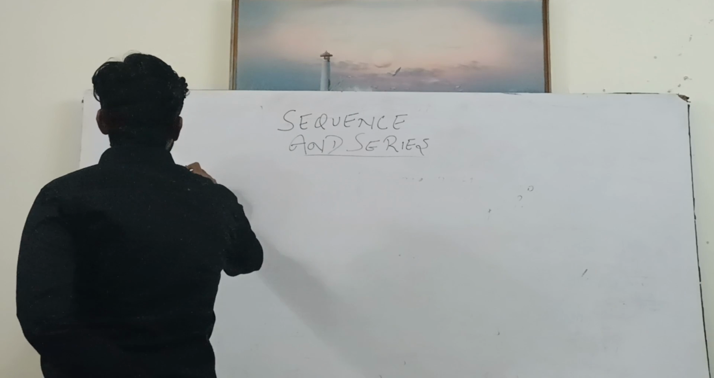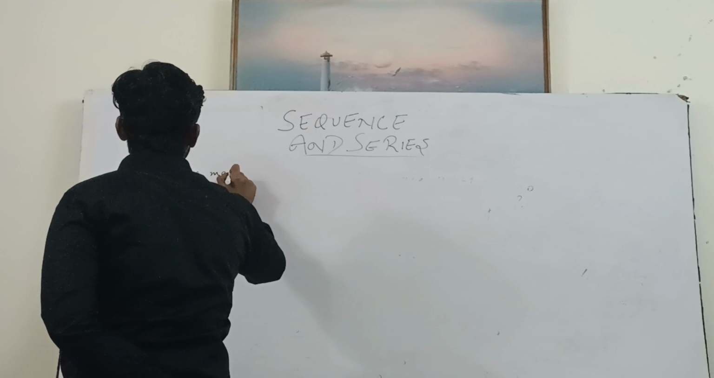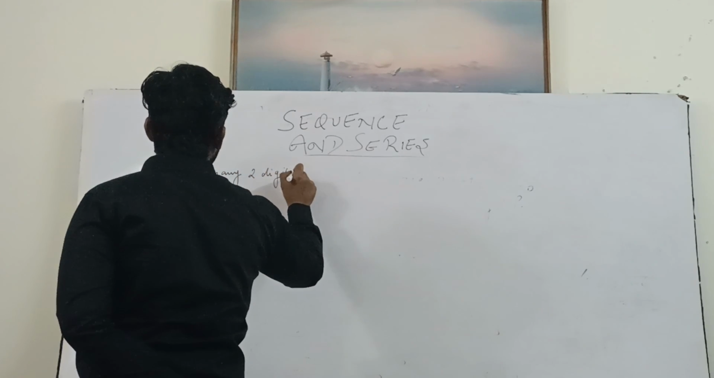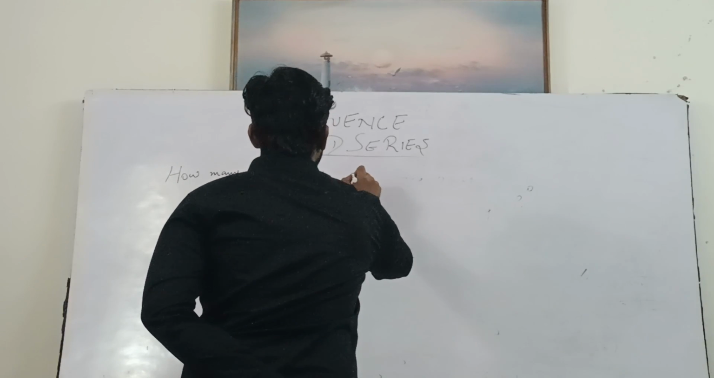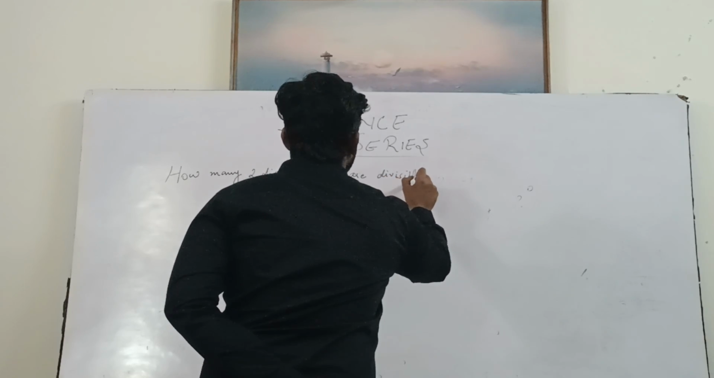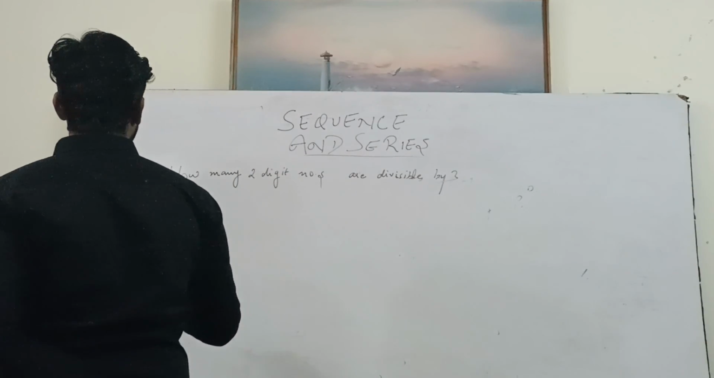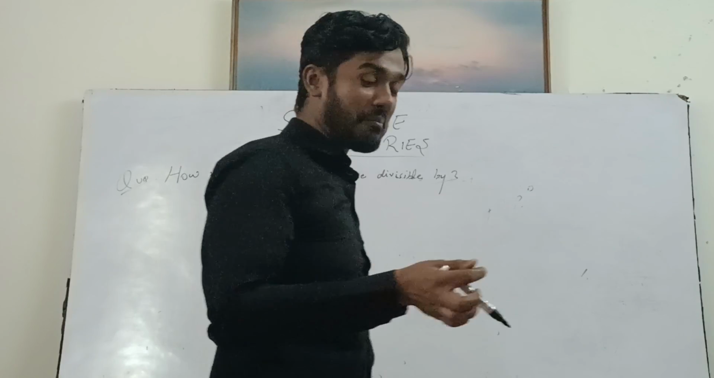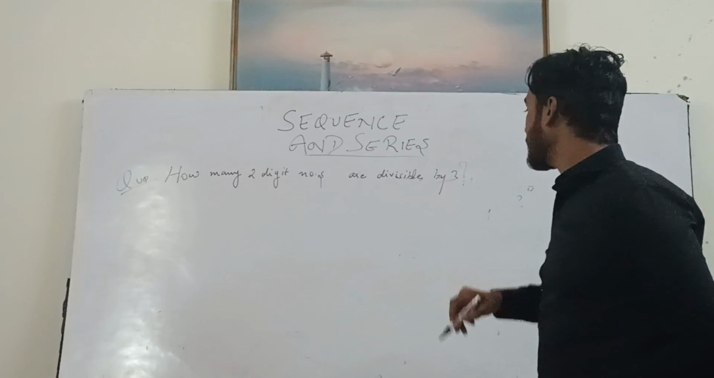Okay, now a very good question. How many two digit numbers are divisible by 3? अब तुम गिनने शुरू हो जाना, 12, 15, 18, 21, 24 लिख देना और कैलकुलेट कर लेना। लेकिन ये थोड़ा एपी से भी सॉल्व होता है, देखो कैसे।